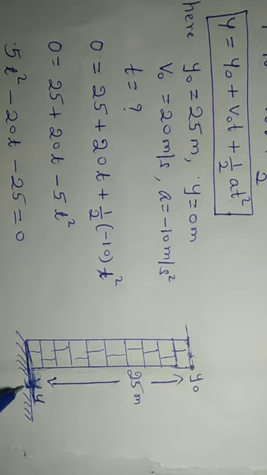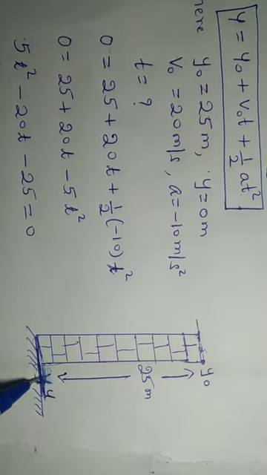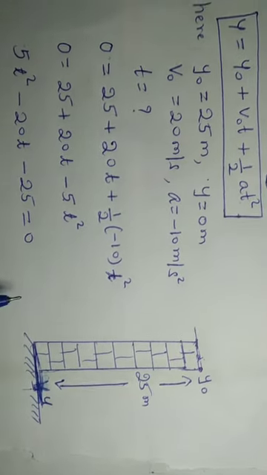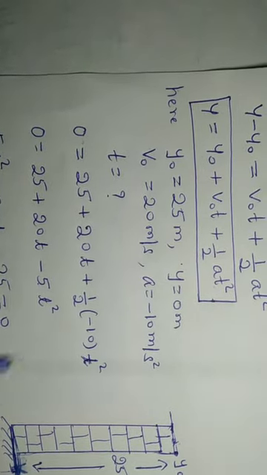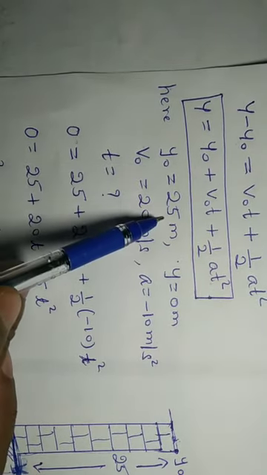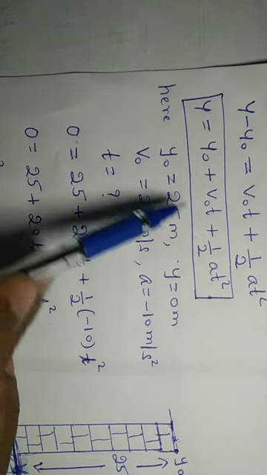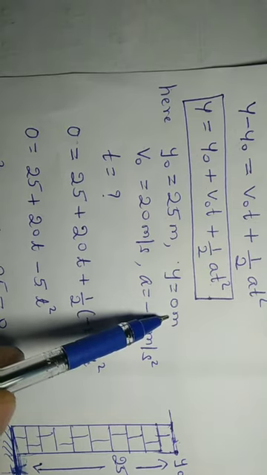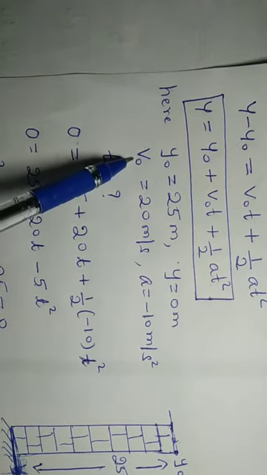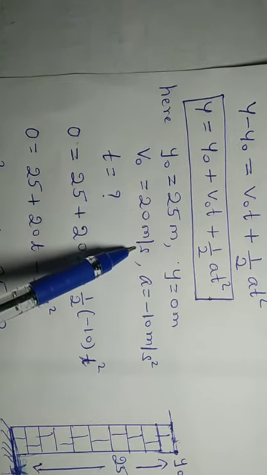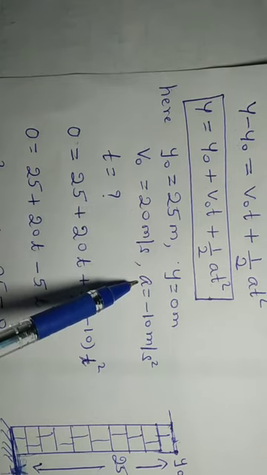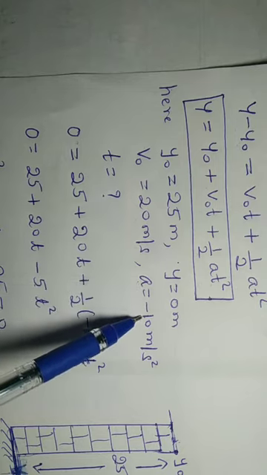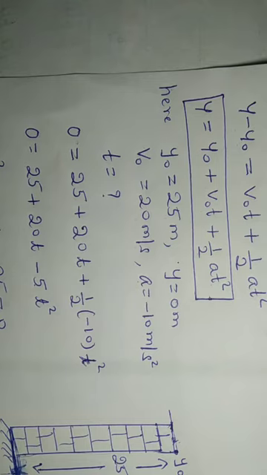When the ball reaches the ground, it will be on the ground level. So what is the height? We take y equal to 0. From the given, y naught you can take 25 meter. After reaching the ground, what is the final position? y equal to 0 meter. It was thrown with initial velocity, that is v naught equal to 20 meter per second. We know a, or we can write it as g, that is nothing but minus 10 meter per second square.